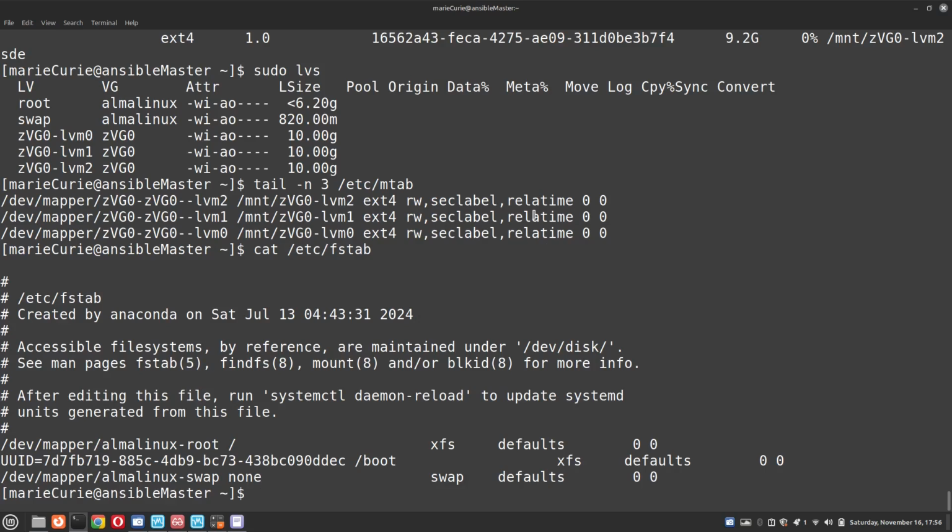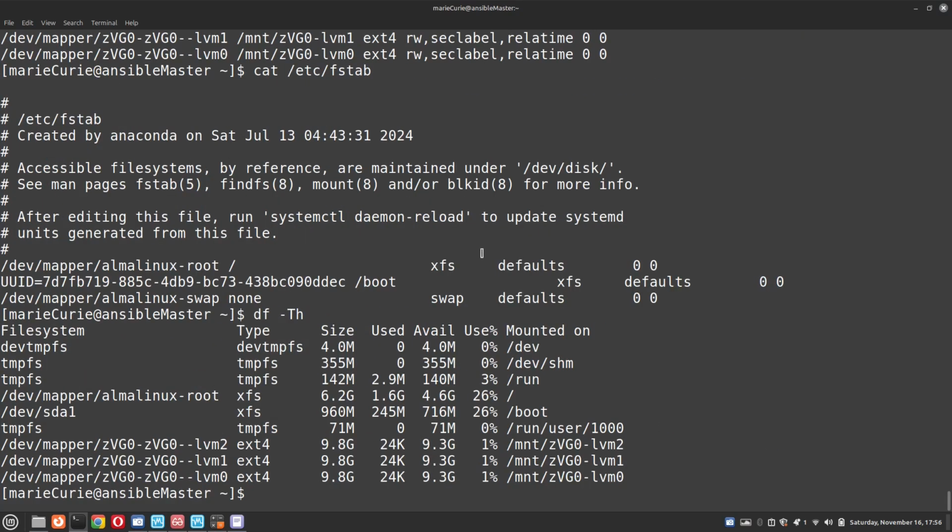As of now, it is not a permanent mount. If you do df -th, it will show mounted like that, but until we put entries in the fstab, it is a temporary mount. If you do reboot, it will be gone. To make it persistent, we have to edit the fstab. Before editing, we have to take a backup of the file. Okay, sudo cp /etc/fstab